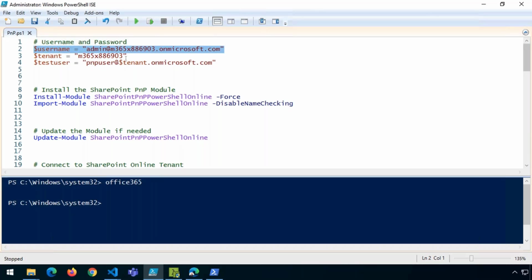So I have my username, I have my test tenant name. I also then have a test user account that I want to utilize as well. So let me just launch my other window here so I can get my credentials, and then we can connect. Okay, so the first thing I want to do, I'm just going to select my variables just to make sure